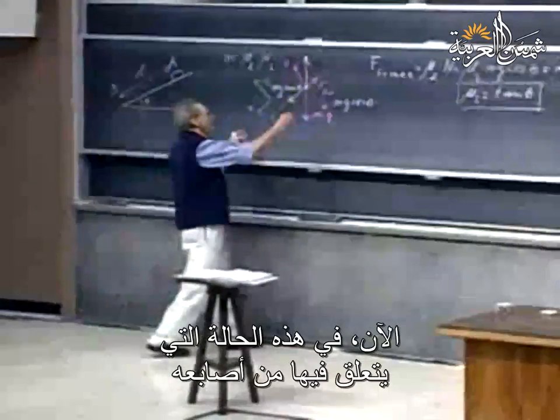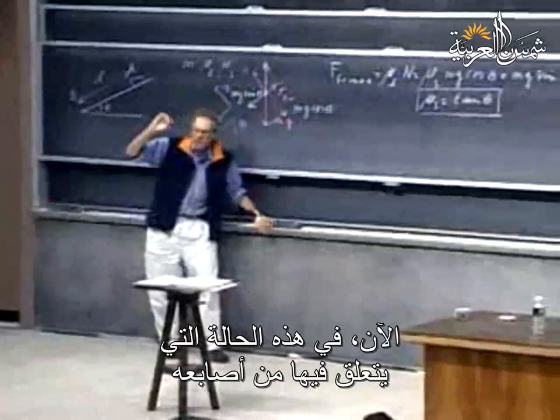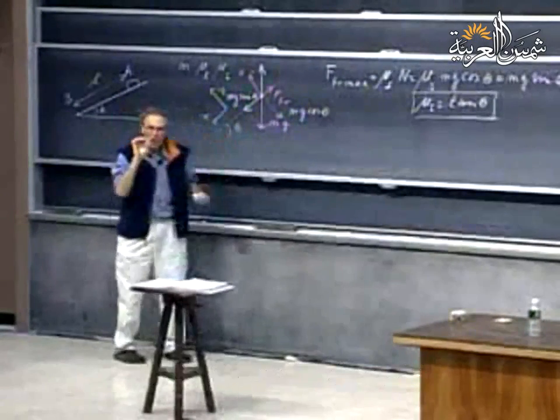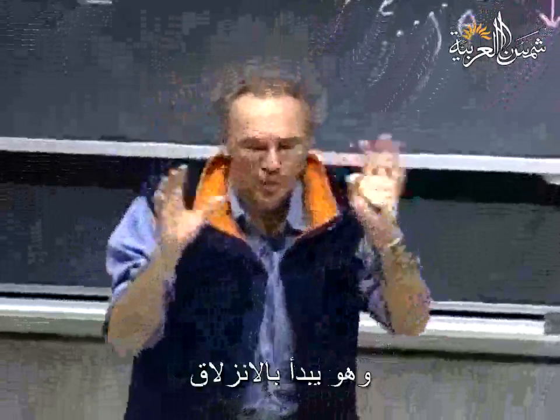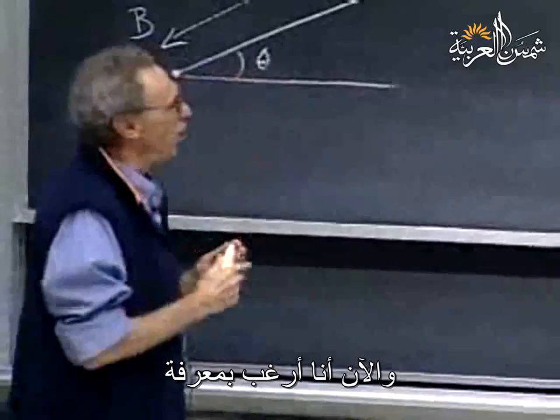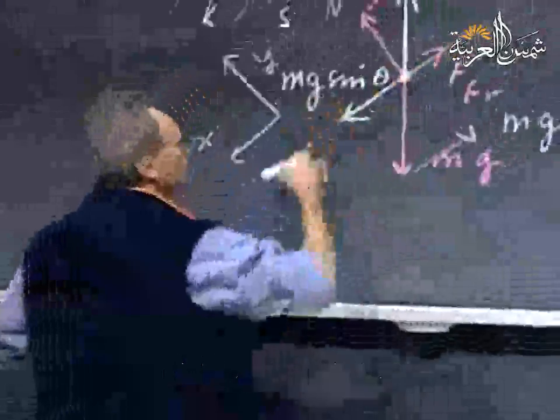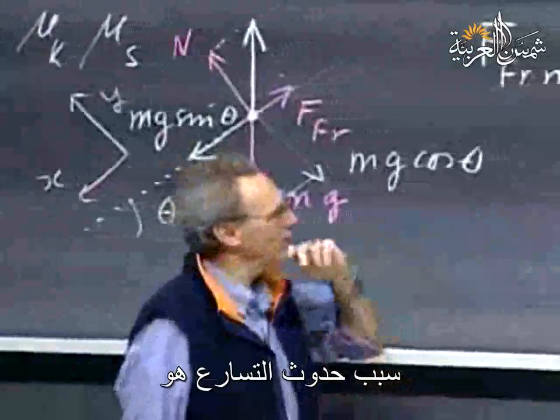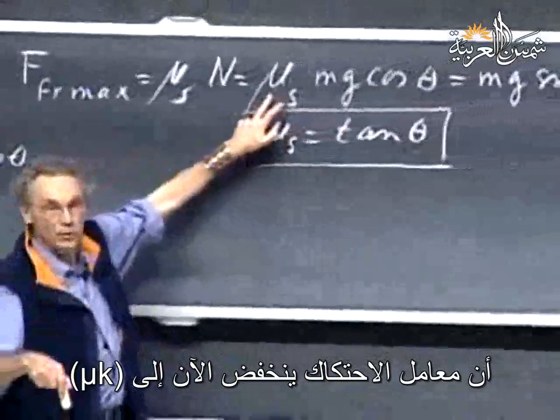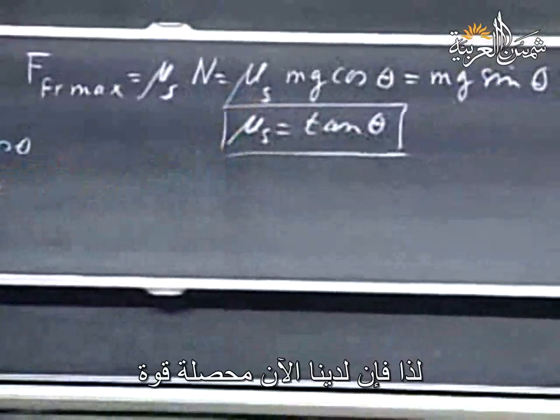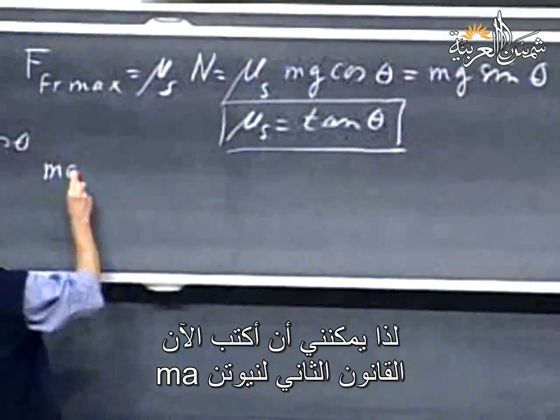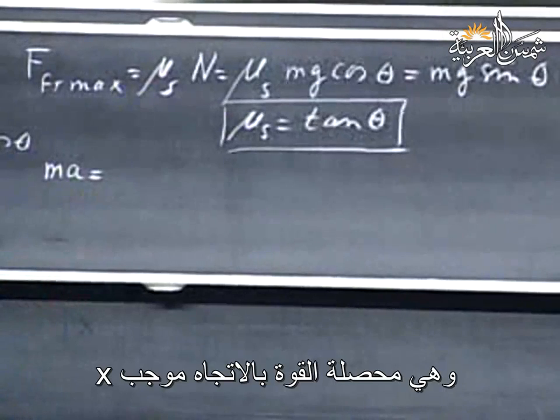Now, at that situation where it's just hanging by its fingernails, so to speak, we touch it very lightly, we blow on it, and it starts to slide. And now I'm interested in knowing what the acceleration is downhill. The reason it will accelerate is that the friction coefficient goes down now to mu k, and so now there is a net force along the slope in the plus x direction. And so I can write down now Newton's second law, ma, which is the net force